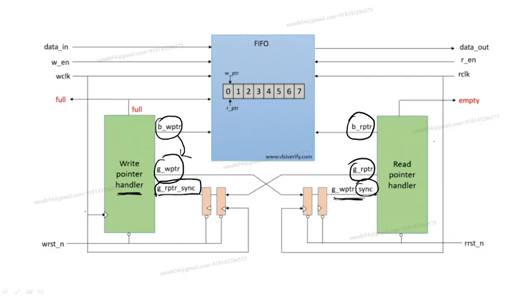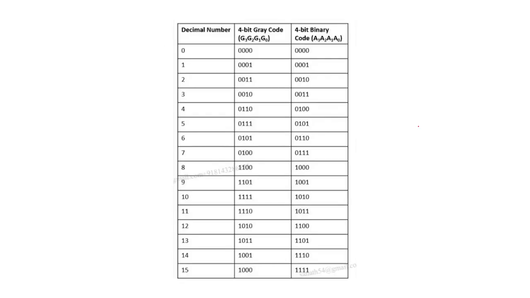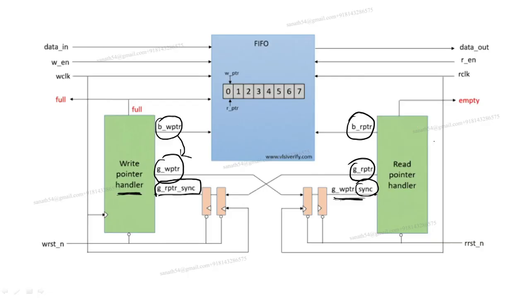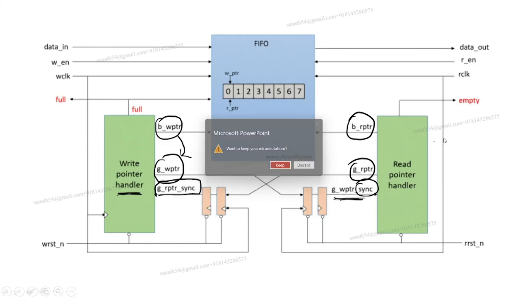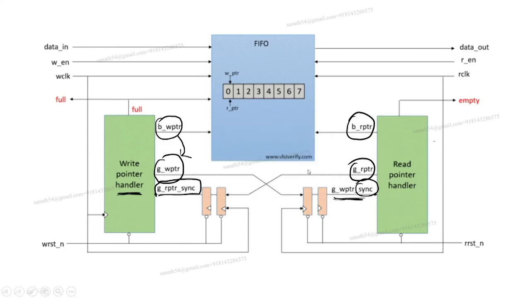Okay, write pointer handler and read pointer handler, and these are all the inputs and outputs we discussed. So full occurs in the write pointer handler, and empty occurs in the read pointer handler. Okay, so this is about the code, and next we'll go to the programming part. So if you see the programming part,